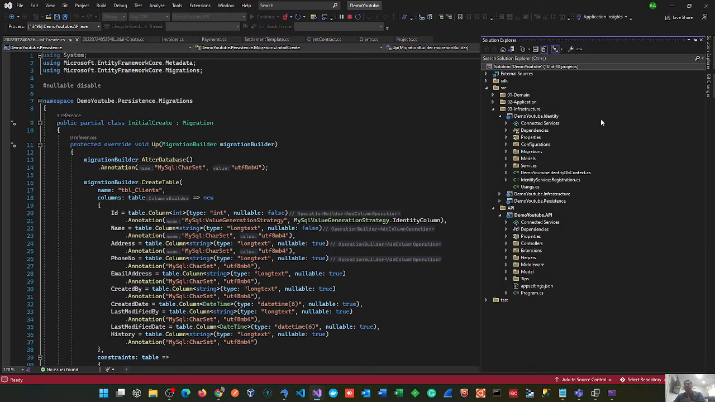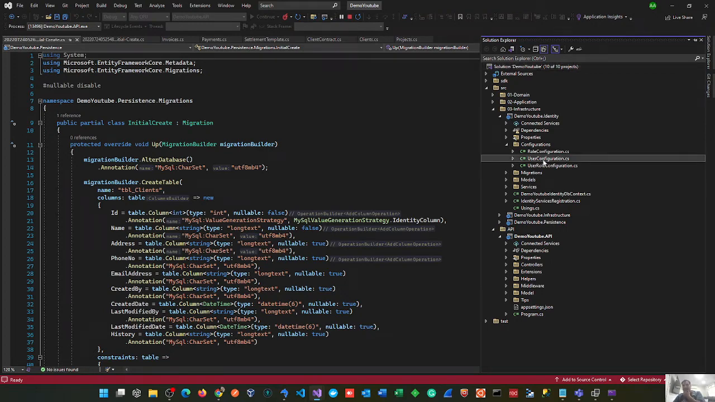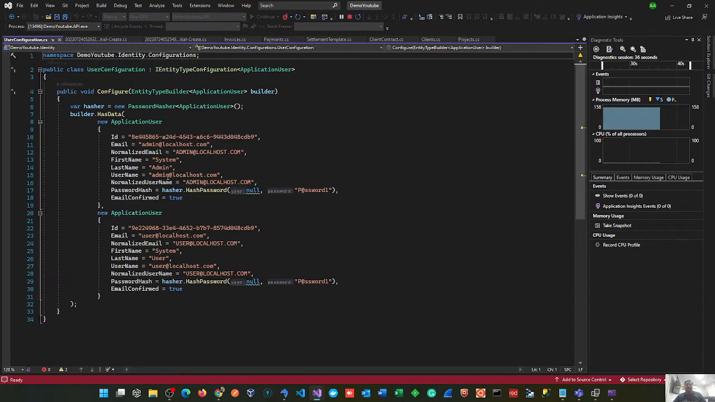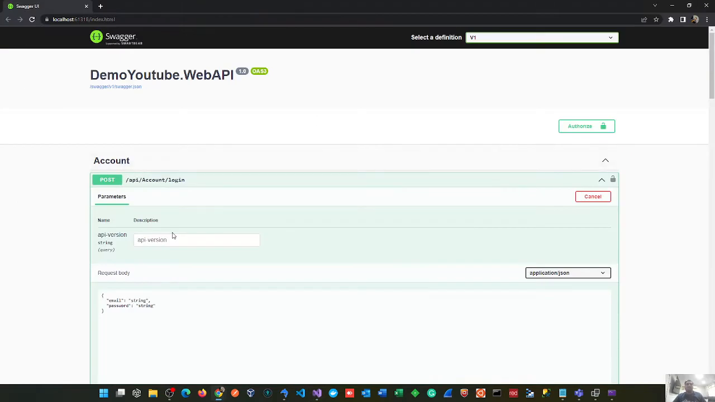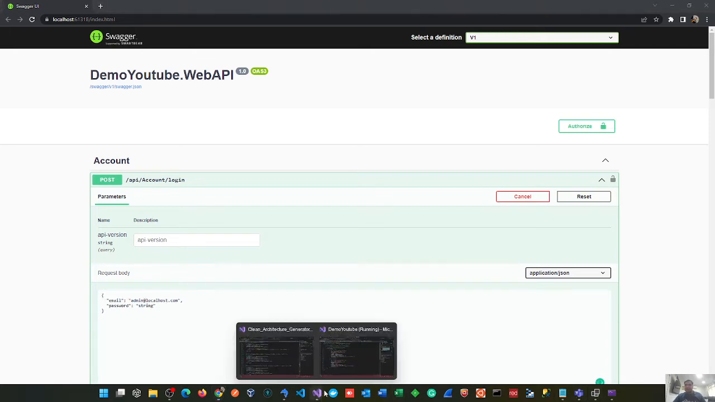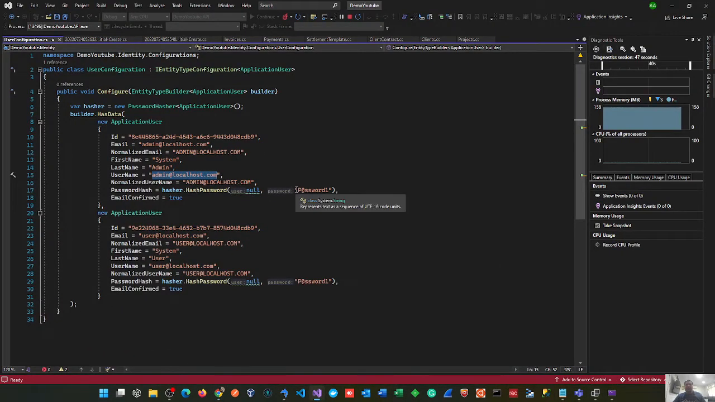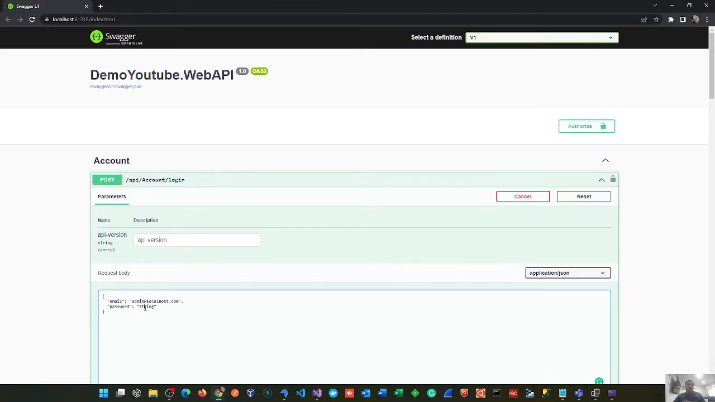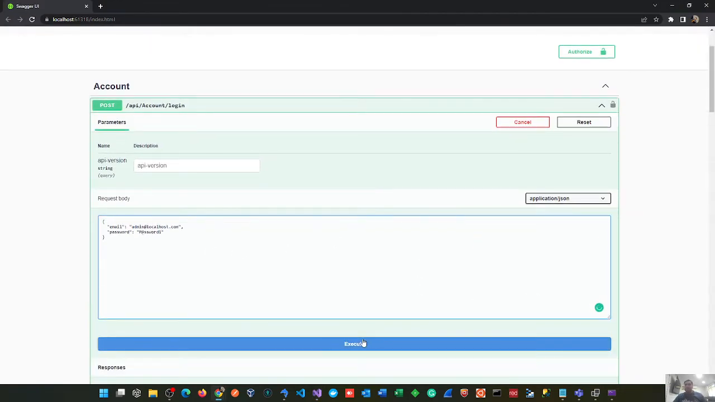So let me have a look because I don't remember the username and password I created. So configuration, user configuration, and I have to go here, put my username, let's try it, and then just put the password. That's the default username and password that I have created. You can change it as per your requirement if you want to. Click on execute,